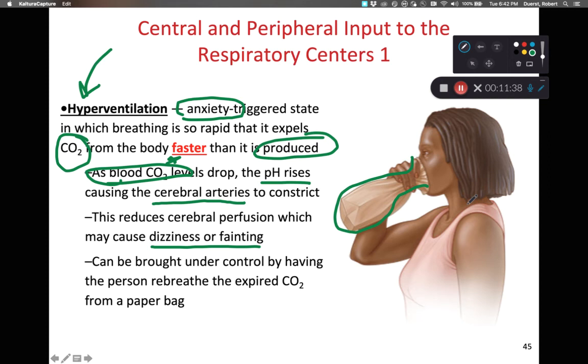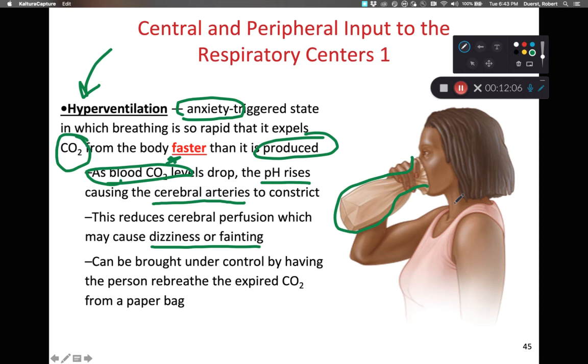And by doing that into the paper bag, you can inhale the carbon dioxide that you're exhaling. And that will help you maintain blood carbon dioxide homeostasis. That's just the physiological aspect of it. There's also a psychological aspect of it. When you tell somebody to focus on breathing in and out slowly with the paper bag, to make the paper bag big, make the paper bag small, make it big, make it small,